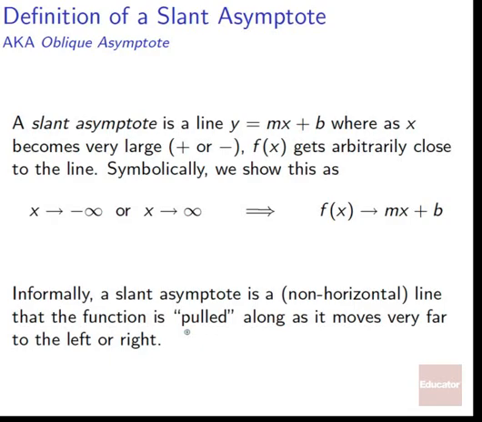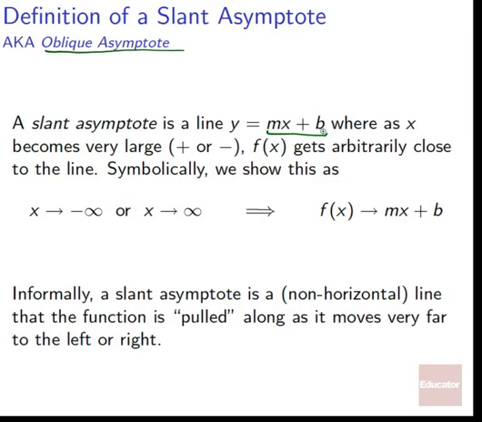So we can also define a slant asymptote similar to how we defined a horizontal one. It's also called an oblique asymptote sometimes. A slant asymptote is a line y equals mx plus b. Remember, mx plus b, just our normal slope-intercept form for a line. As x becomes very large, positive or negative, f of x gets arbitrarily close to that line, y equals mx